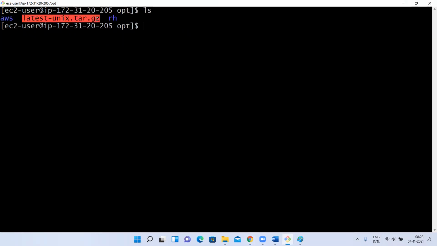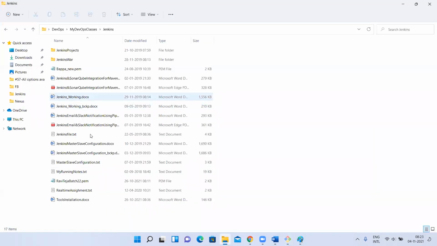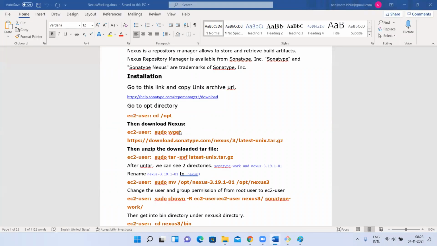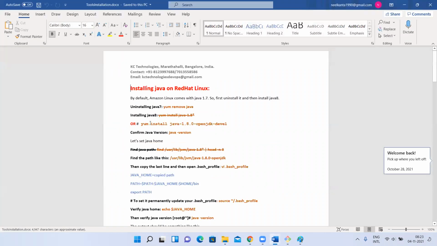But one thing I forgot to tell is the prerequisite for Sonatype Nexus. First let us install Jenkins as well quickly. Sorry, not Jenkins, sorry, Java. Okay. So let me download the Java 8 version. The prerequisite for Sonatype Nexus is Java. So let me quickly install Java and set the path.